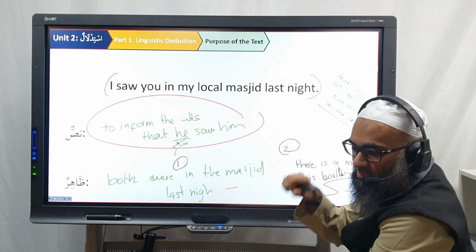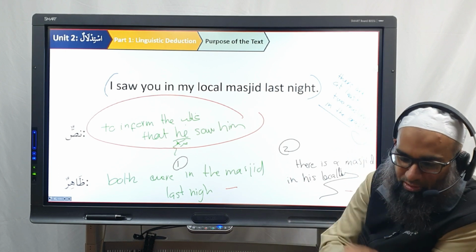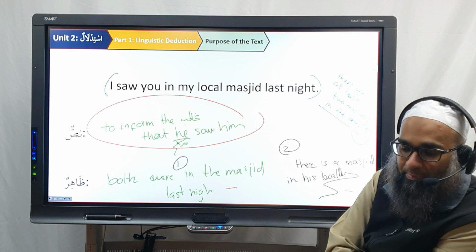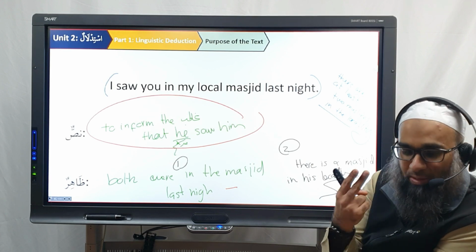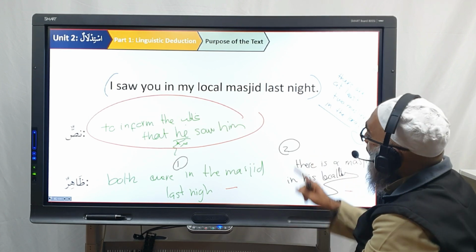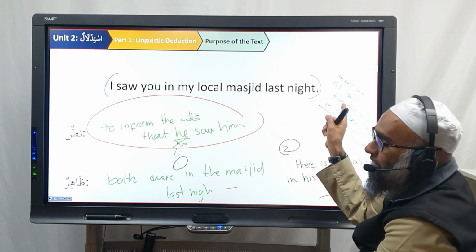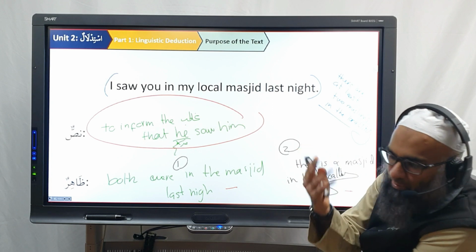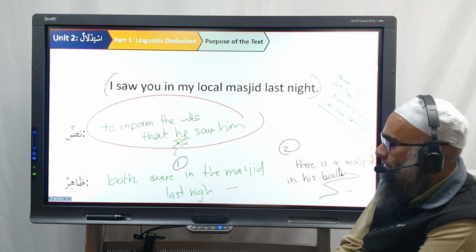Why? Because when you have a masjid, what do you have to have in a masjid? What do you have in a masjid normally? A jama'ah. How much do you have to have for jama'ah minimum? Two people. So we have to say, along with the speaker, there must be one other person who's Muslim in that area. That's the only way they can have jama'ah salah. And possibly, logically, more.